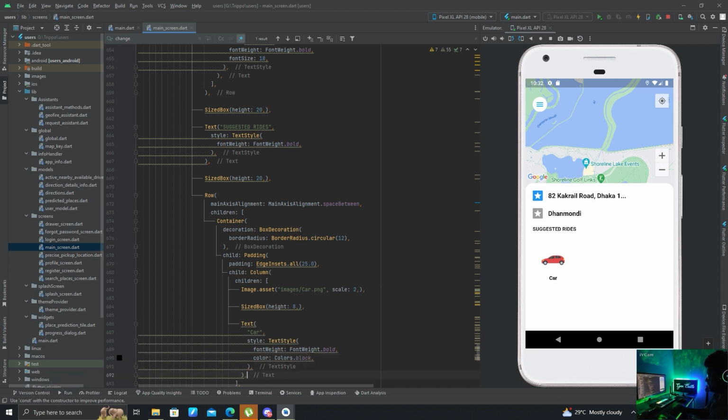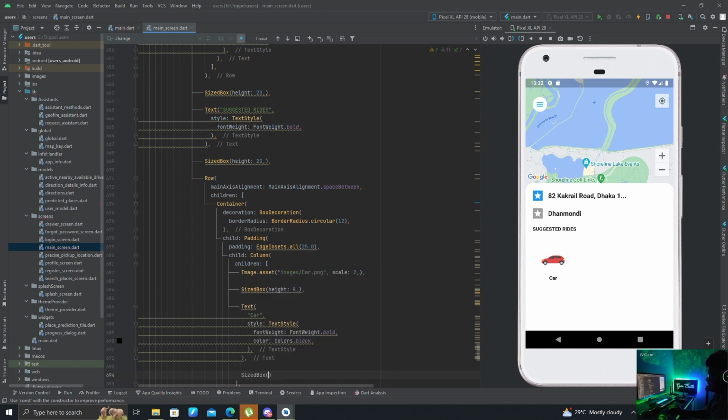And let's add another size box here of height 2,